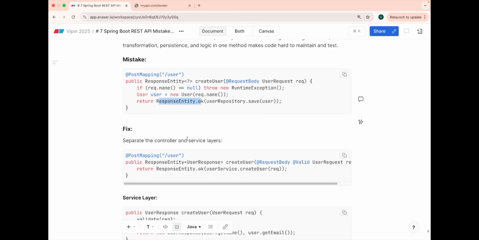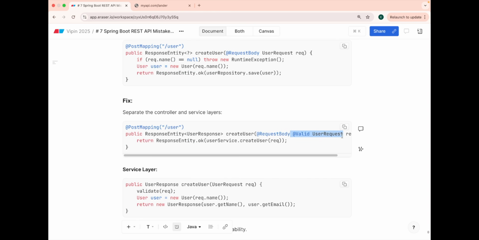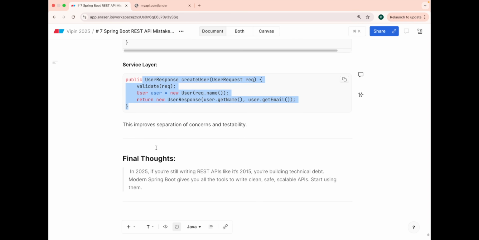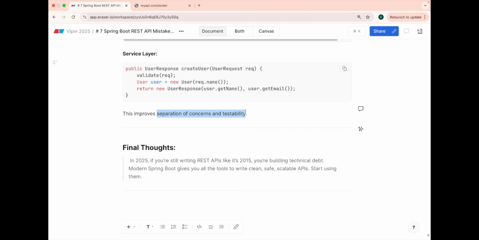So how beautifully you could have done this is to give the validation responsibility to your DTO, give the saving of the data to the repository via the user service, and you just keep it to 2 lines of code. That is, get the request from the request body and send the response back to the user. That is what your controller is meant to do, while your service layer can do the business logic. This improves the separation of concerns and testability and gives you a better SOLID principle implementation of this S. That is, keep it separated, don't overload your controller layer. And that is the 7th mistake that you make in REST APIs with your controllers, to overload your controller with validations, with service layer logic, with persistence logic, and all those things.